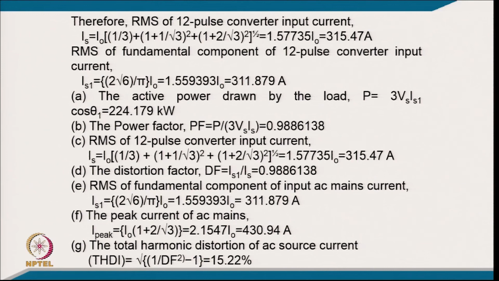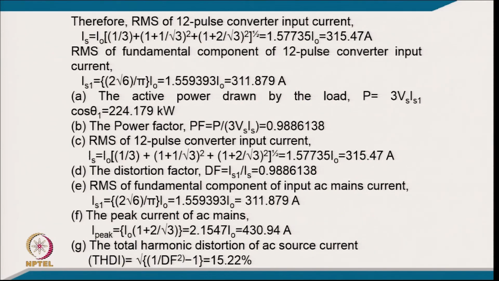therefore, the RMS value of the 12 pulse converter input current Is, keeping all the values, comes to 1.577 I0, so it comes to 315.47 ampere. The RMS fundamental current of the 12 pulse converter, calculating again, will be 311.87, and the active power drawn from this will be P equal to 3 Vs Is1 cos theta 1, so it comes to 24.17 kilowatt. The power factor is P upon 3 Vs Is, so it comes to 0.9886. The RMS value of the input current, from this calculation, I already calculated earlier as 315.47, and the distortion factor will be